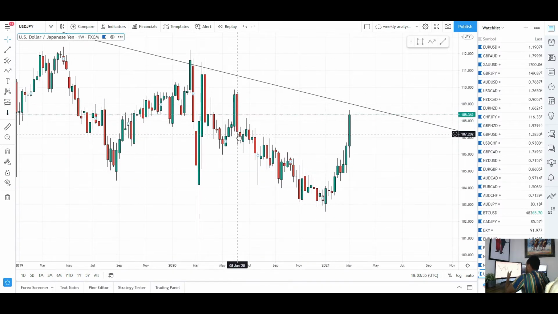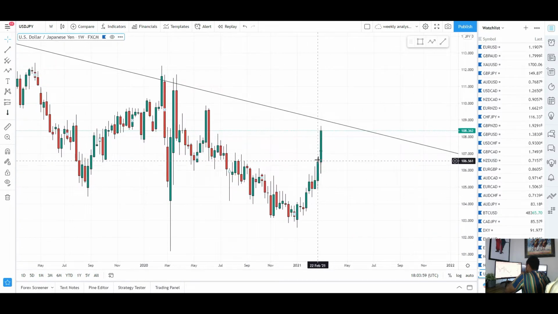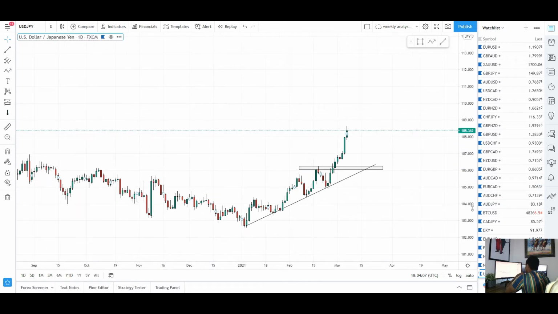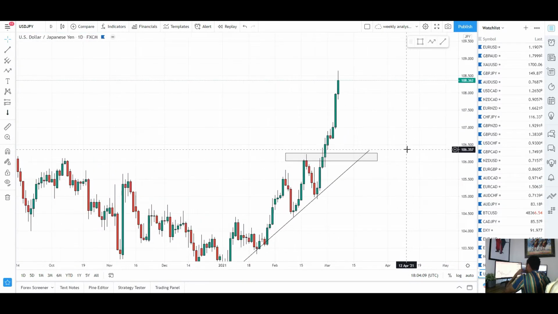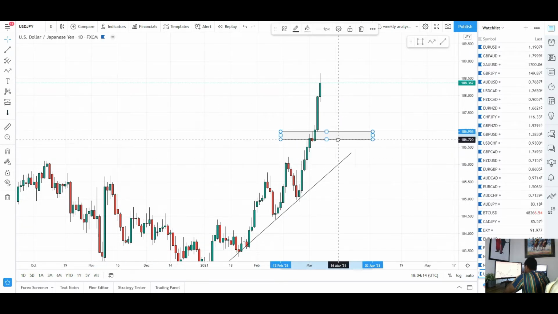And every time we do test this trend line, you can see we have very strong bearish reactions from this trend line. So I think we could see maybe further continuation to the upside, maybe tag that trend line next week. And then from then, I do expect price to drop to the downside now for USD JPY and take a little bit of a breather. Again, I do expect price to at least come back down to around